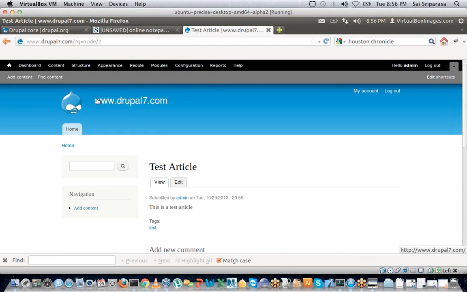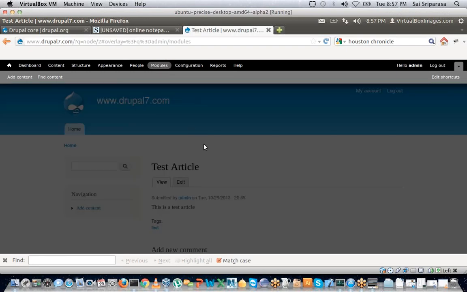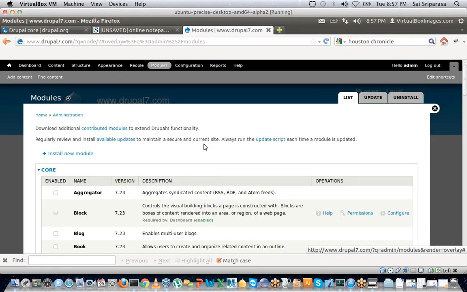But long story short, Drupal allows us to add content on the fly. So it's more of a CMS system. And what Drupal allows is for us to add something called modules, to bring in more functionality, which we'll be doing in tomorrow's session, where we'll actually add a few different content types, because all that we have seen are articles and basic pages.